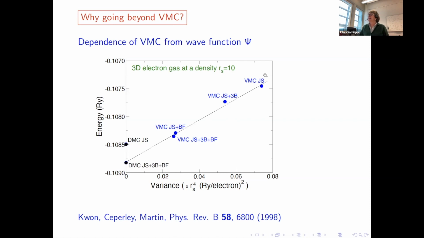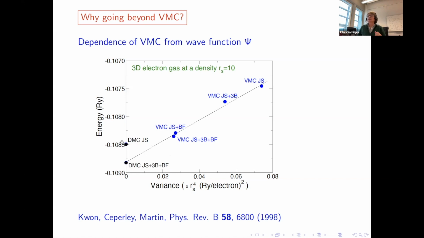Then I can play more. I can start instead from here and do so-called backflow, meaning I put a dependence on r_ij inside the determinant. And I really gain a lot in energy and in variance. Then I can say, fine, I combine everything. I improve my Jastrow factor by putting in the three-body term, I place r_ij also inside the determinant, and I gain further. Of course you can try to extrapolate. Here I have very few points, but we can extrapolate linearly to zero variance.